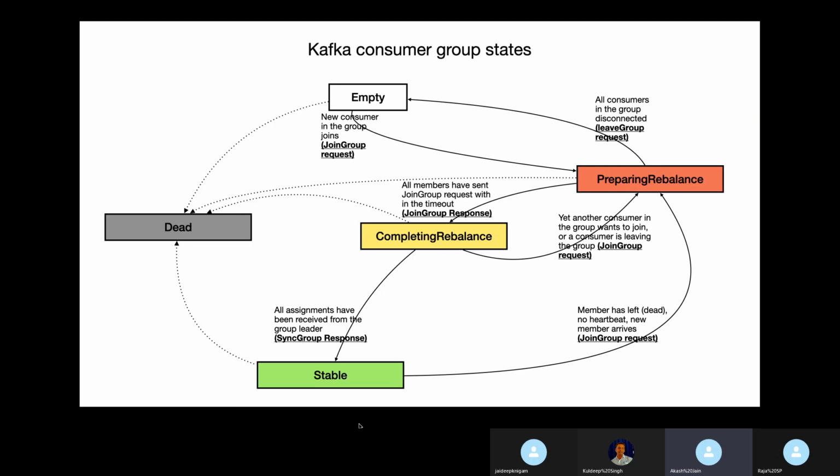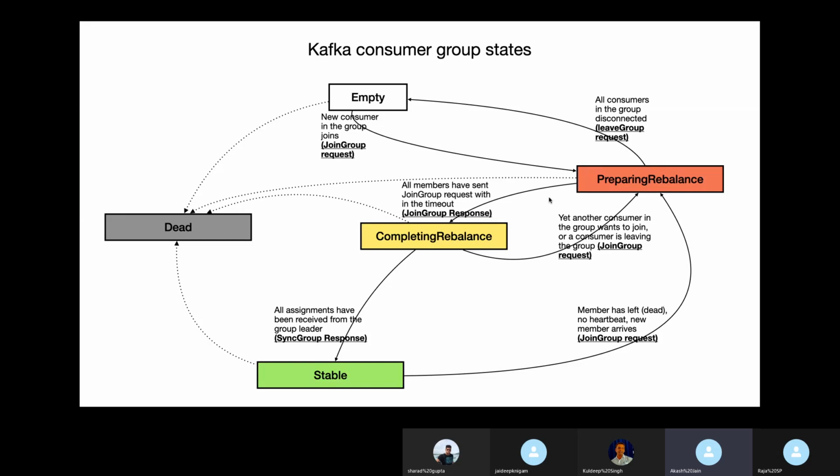So what happens is, when the consumer tries to read again from the node which has gone down, or where the process has crashed, it receives a not a leader for the partition exception. And because of that, a rebalance is triggered by the Kafka node, and that's when it enters the preparing rebalance state. And again, when the rebalance kicks in, each of the consumers in the group makes a join group request where it says I want to join the group.